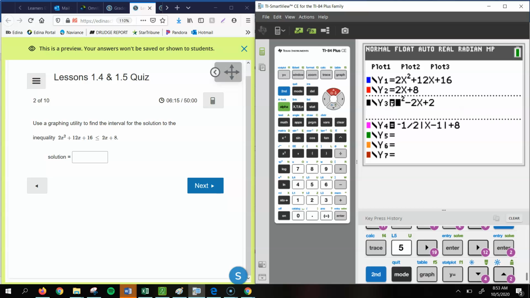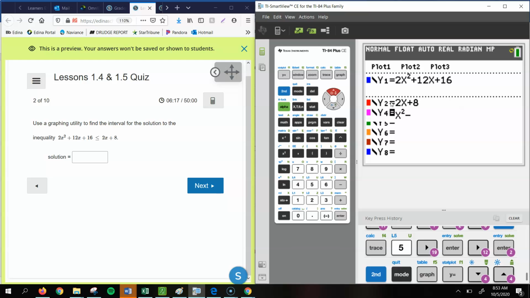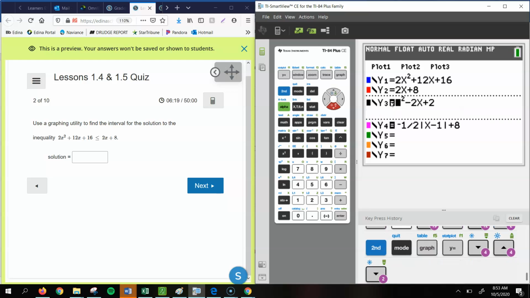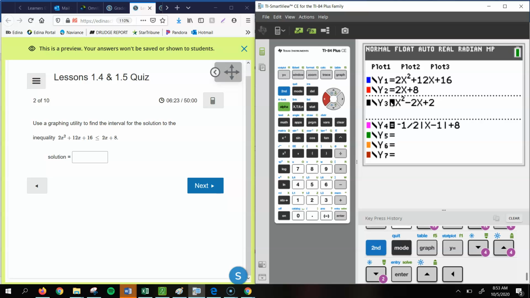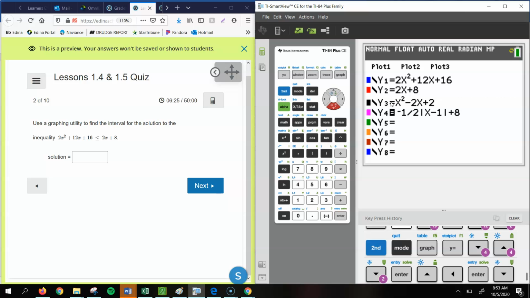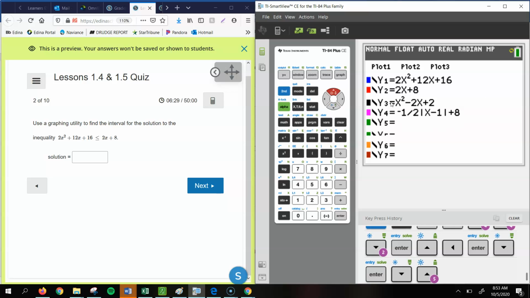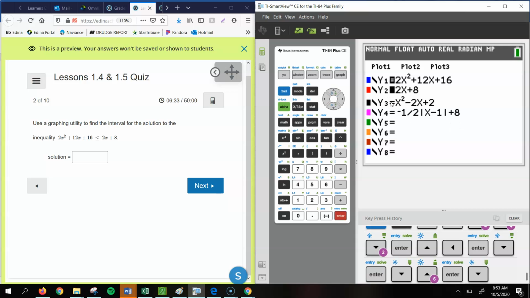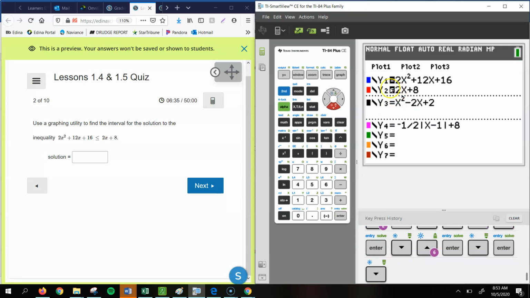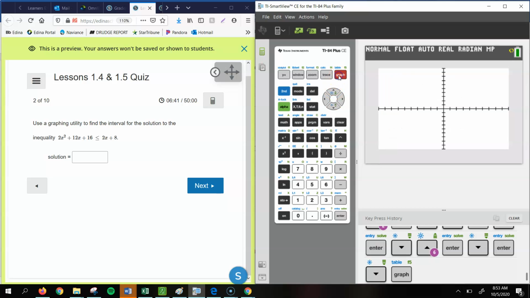By the way, if you have more than one equation in your y equals section, if you go on top of the equal sign and hit enter, it'll unselect those graphs. And so I just want to graph these first two that I have up here. So I'm going to go over the equal sign and hit enter, and now it selects those two graphs. You can see it's selected because of the black over the equal sign there. All right, so now if I go to my graphing screen,